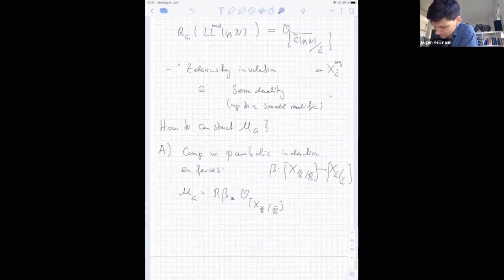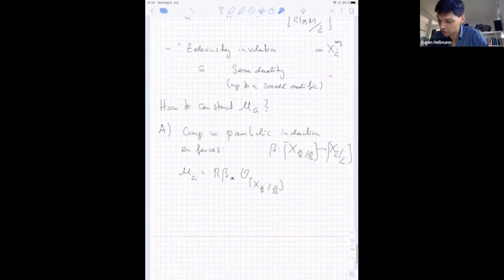Why this? Well, because this MG, if the functor should be given by the tensor product with MG, then as a sheaf on this guy, MG itself must be the image of the Hecke algebra, of the free module of rank 1. But the free module of rank 1 over the Hecke algebra is induced from the Hecke algebra of the torus. On the torus, we prescribe what has to go on. So if you write out compatibility with parabolic induction, you just end up with this object. Okay, so this is a unique choice that you have.